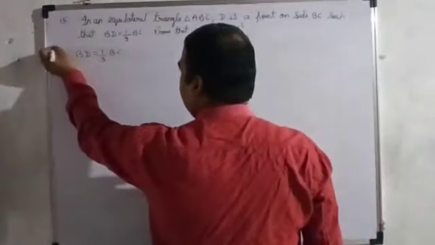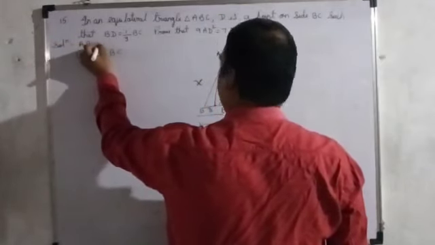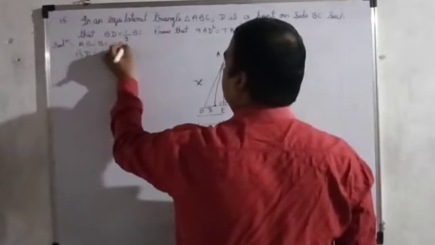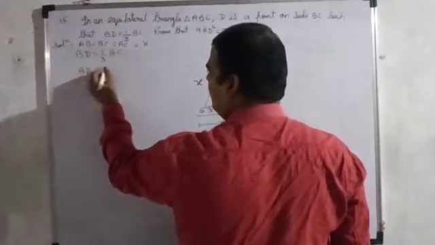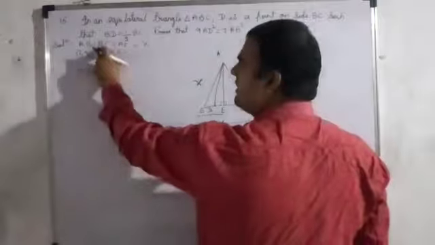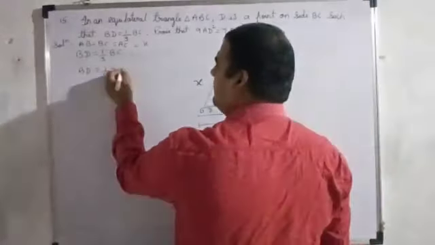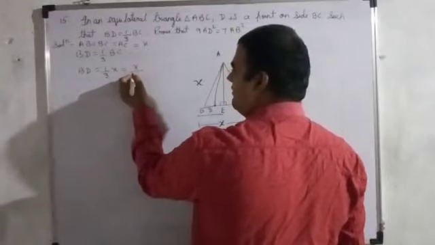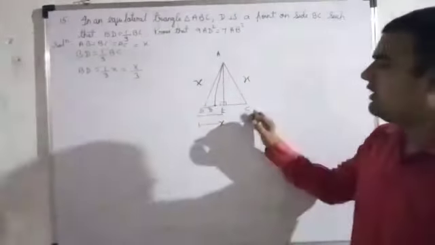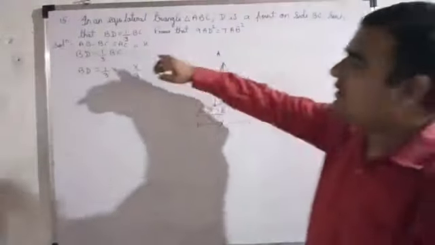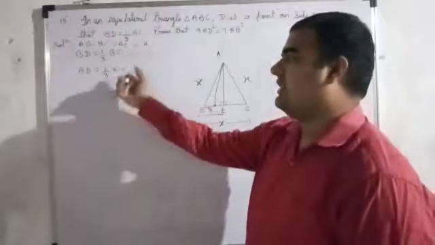Solution. We'll take all sides are equal, no? AB, BC and AC equal x. So can I say BD is 1/3 of what? BC is also x. So you are getting 1/3 of x, which means x/3. Simple. It is given actually. BD is 1/3 of BC, and BC is x. So BD is x/3.